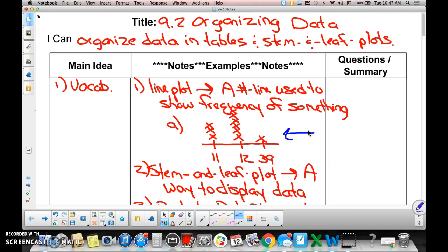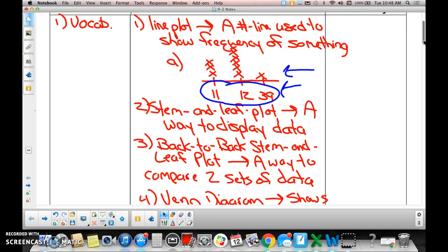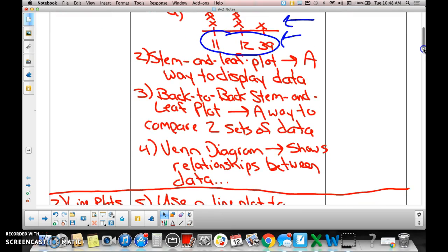They are. Is this range correct, you guys? No, remember I did 11, 12, and 39-year-olds in this class, but we need to have a range of people that is equally spaced out on your line plot. Stem and leaf plot, we're going to show you a couple of examples of that. Back-to-back stem and leaf plots and Venns, we'll show you a couple of examples of that and the important things